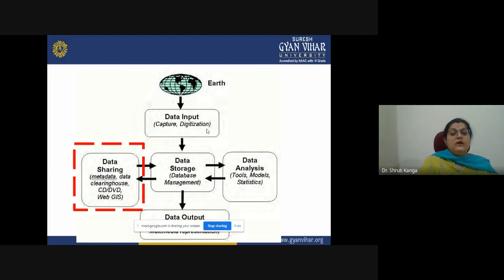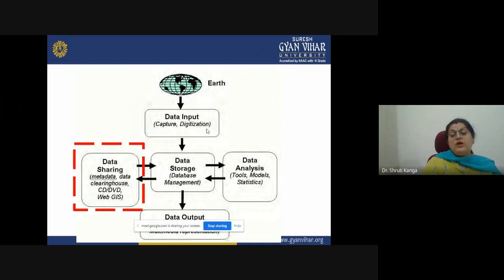Then GIS has the following operations which can be done in a GIS platform. They are data inputting in the form of data capturization and digitization, then data sharing, where we have different kinds of data sets, metadata, data, maybe CDs, or maybe web GIS, through which we can go for different kinds of data sharing.